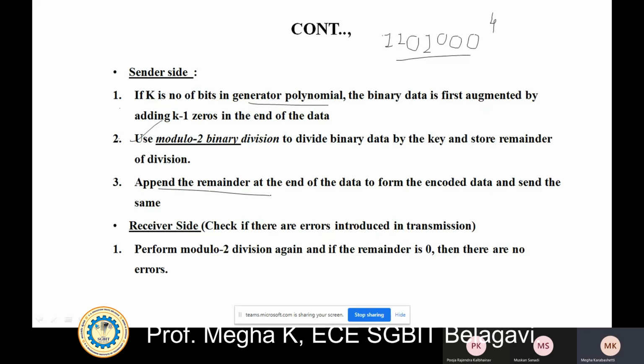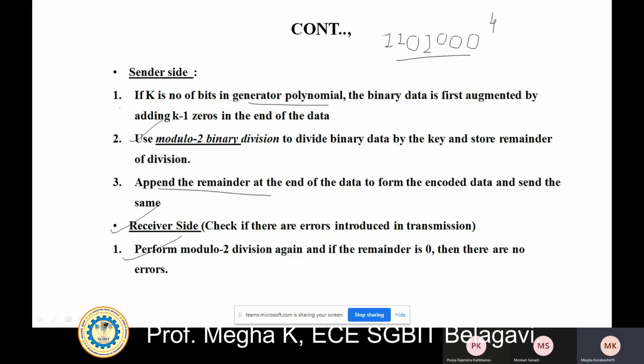That was what happens at the sender end. Now, on the receiver side, what happens? It checks whether any errors were introduced in the transmission. If there is an error, the packet is discarded. If there is no error, the packet is accepted. But how can the error be detected using CRC? The same modulo 2 division is performed once again. The data the receiver receives is the code word, because it contains the data as well as the CRC bits.